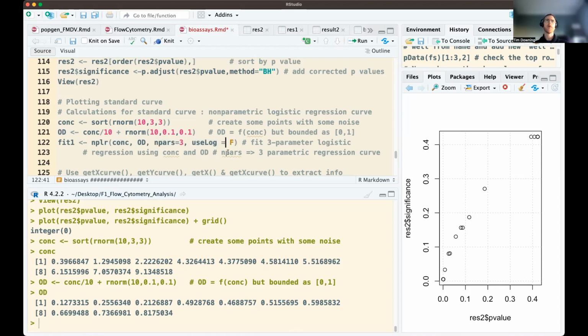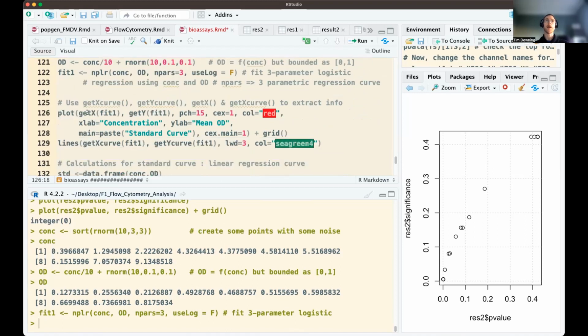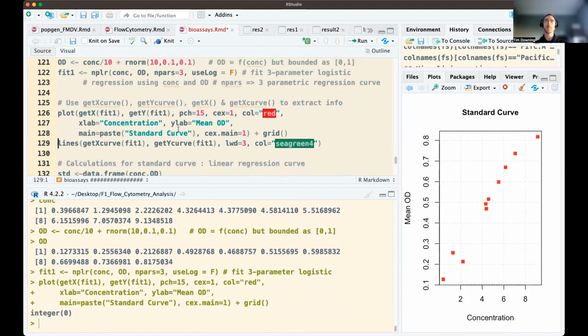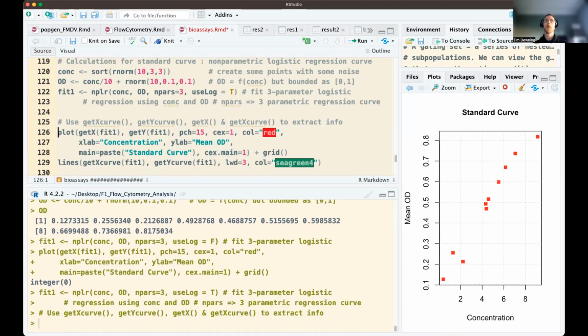log-scaled data here. So we can look at fit1 in this case, and then plot it down here. We're using the getX function to plot the X values and getY to get the Y values, using a square point size, normal text size, red points. The X lab is labeled with concentration, Y is the mean optical density, and then we have the standard curve as the title with normal text size and a grid placed on top. If we use logs and just turn this to true,